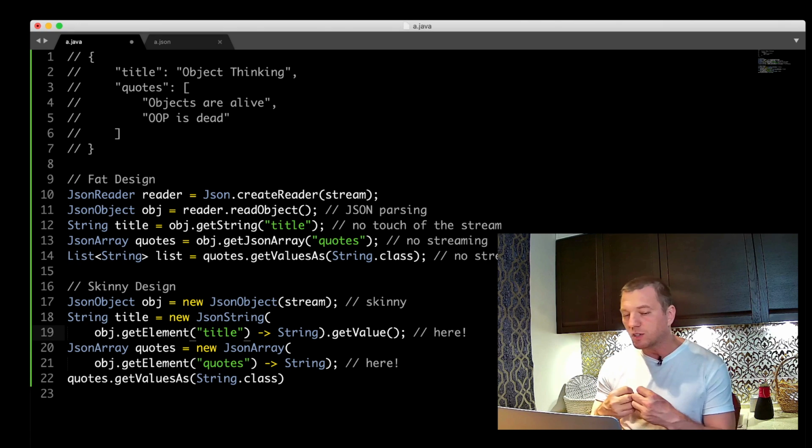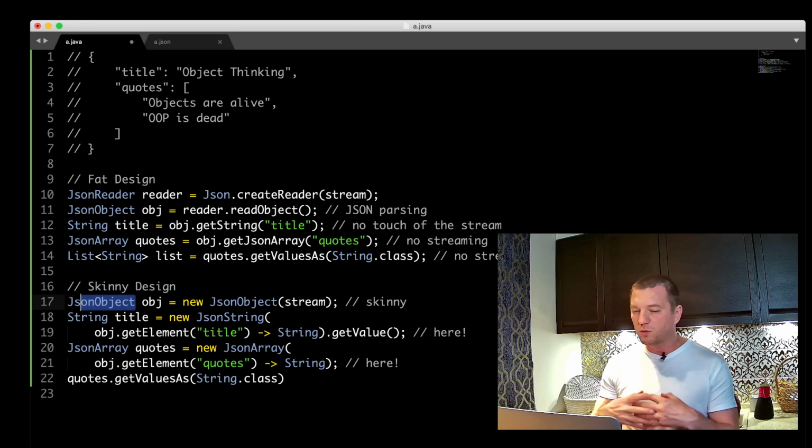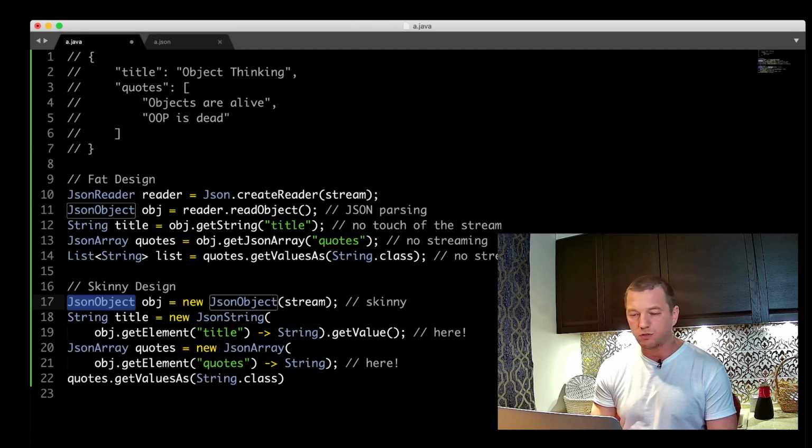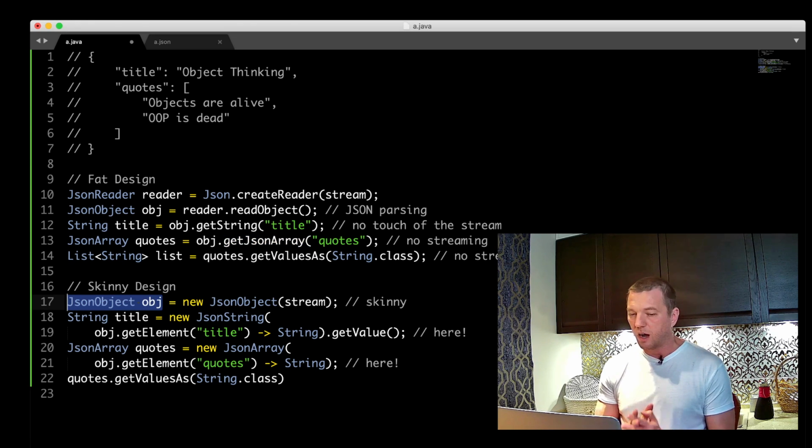And it exposes something that it doesn't understand what's inside. So the JSON object doesn't know anything about what is array and what is string, because here it knows that. Here it understands the difference between a string and array. But in this case, JSON object is pretty dumb and pretty simple, much simpler object.